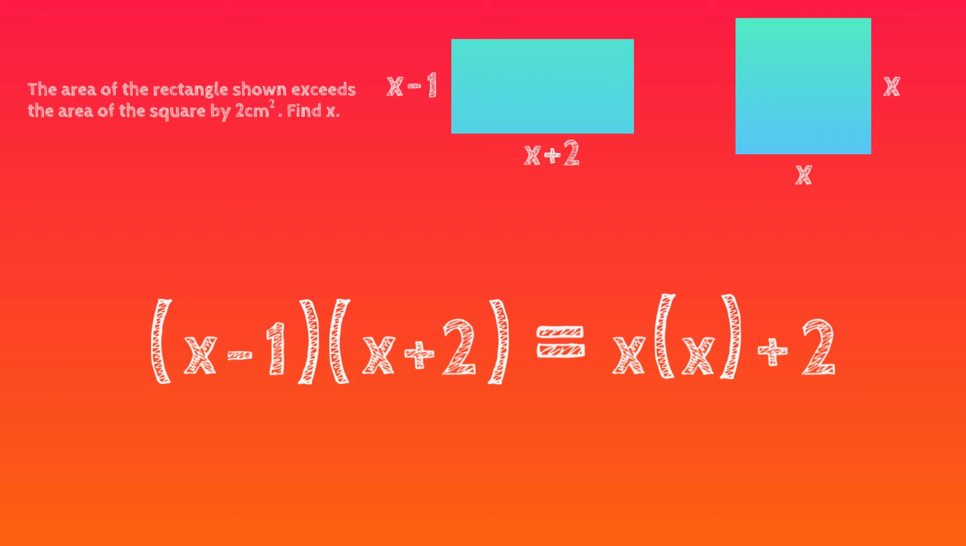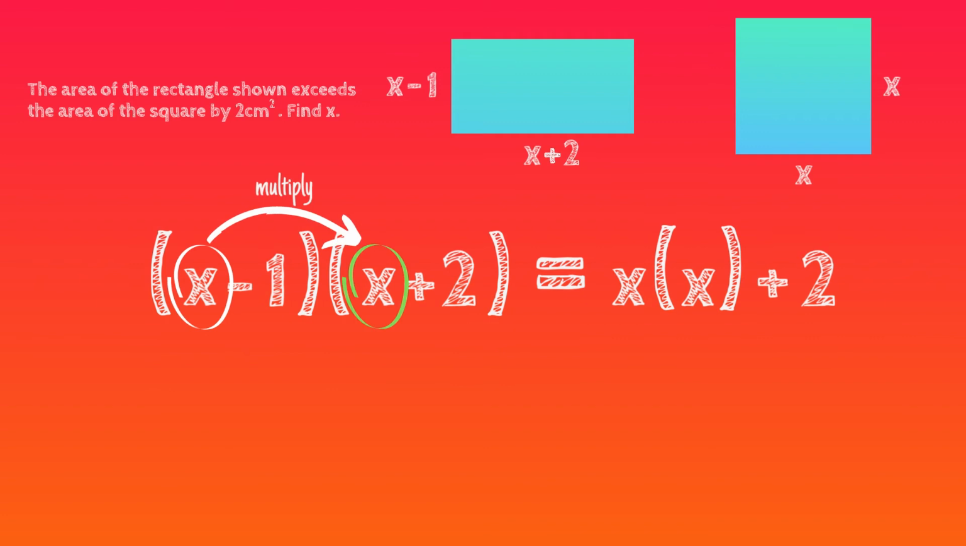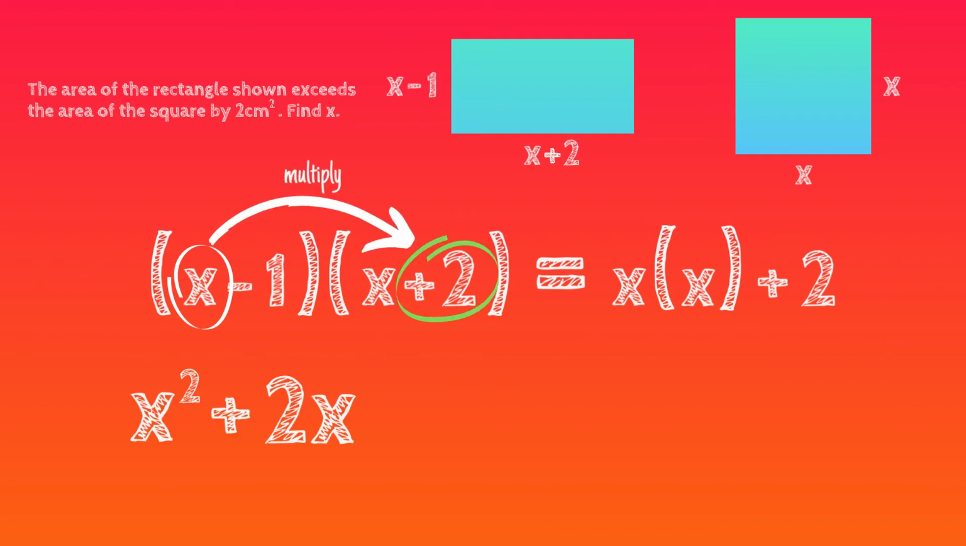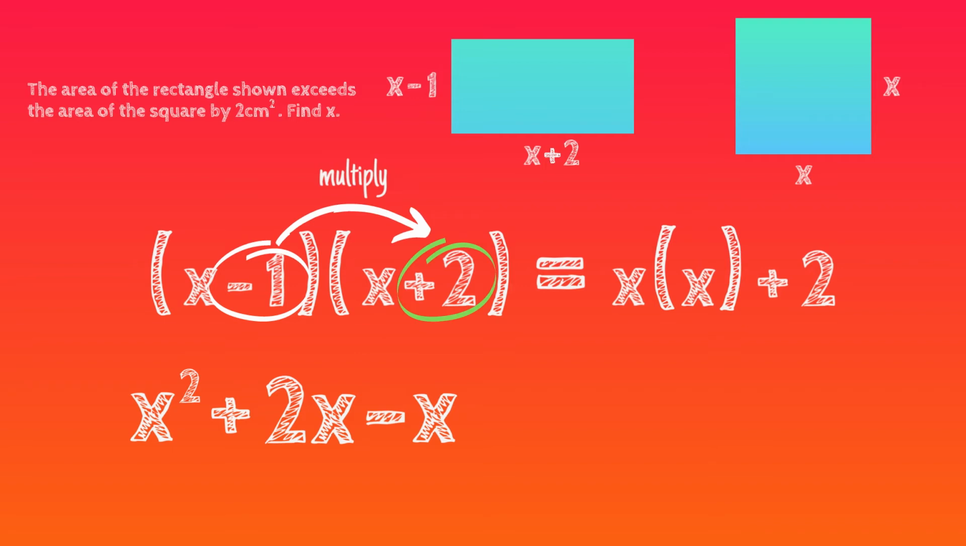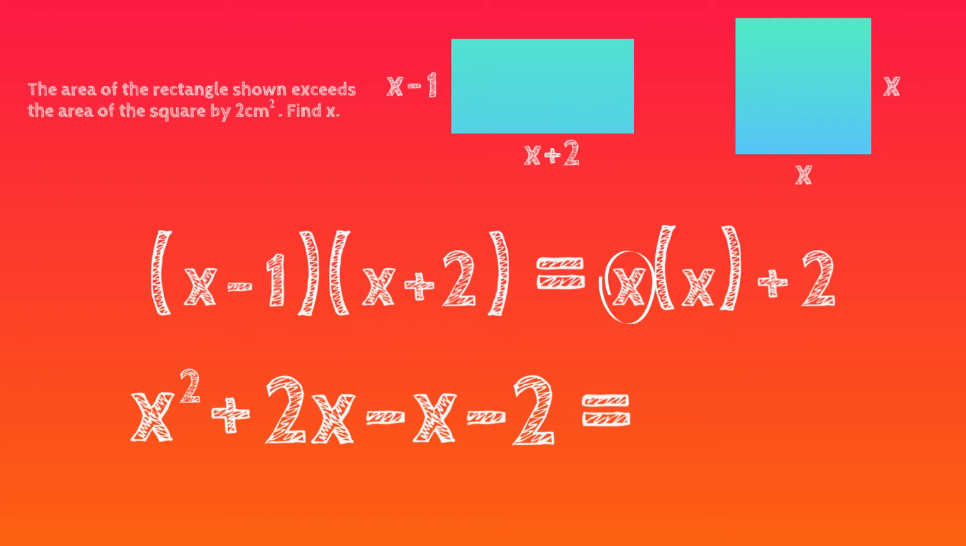Now we go to multiply out this bracket. x times x gives us x squared, plus x times 2 gives us 2x. Negative 1 times x gives us negative x. Negative 1 times 2 gives us negative 2, which is equal to x times x gives us x squared plus